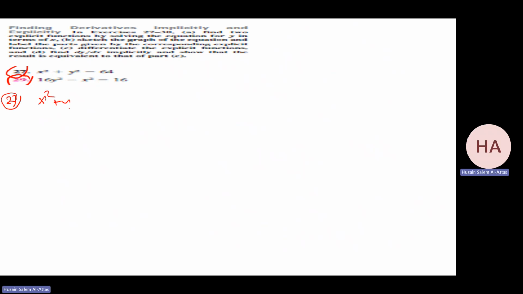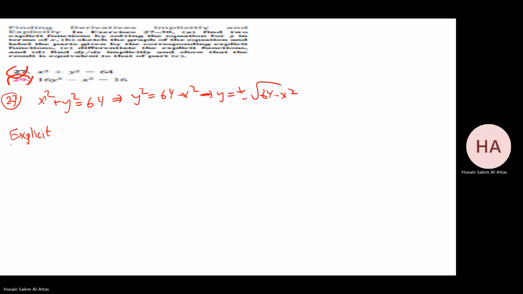This one, you can rewrite it as y squared equals 64 minus x squared, which means y equals plus or minus the square root of 64 minus x squared. So you can find the derivative in an implicit way and in an explicit way. Explicit, I have dy by dx will be plus or minus